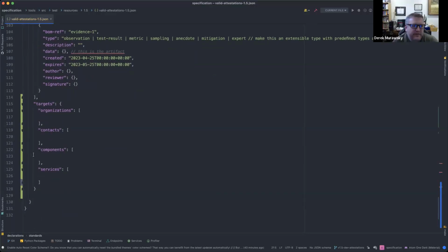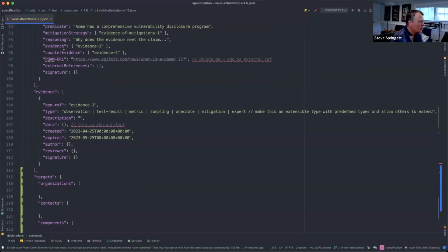Now, the one difference though is that now we are declaring these as subarrays here. I don't think this necessarily matters, but the pattern that we are using elsewhere is the ref with the type, or the ref with the data there that we care about. So this is a little bit different from that perspective. I don't know if that matters or not, but I'm just calling out that pattern wise, this is different.